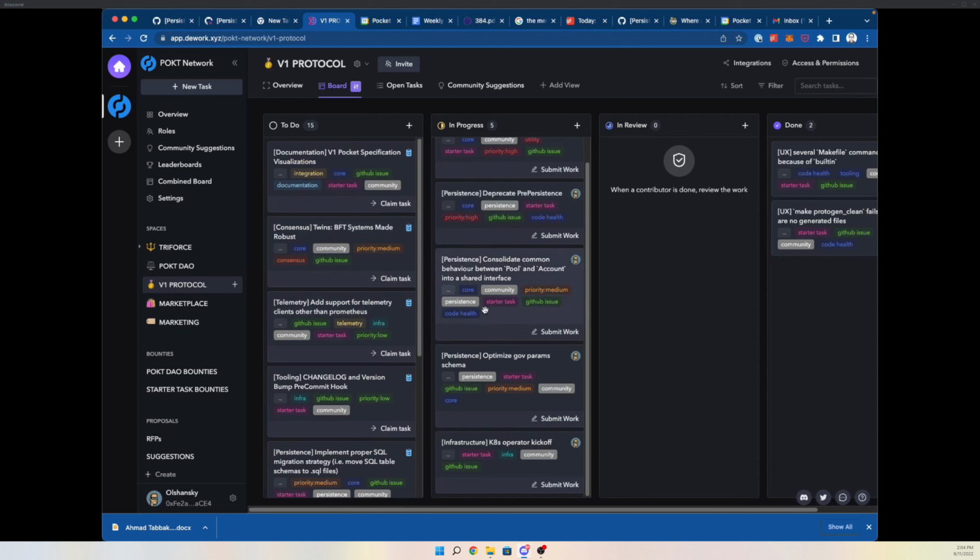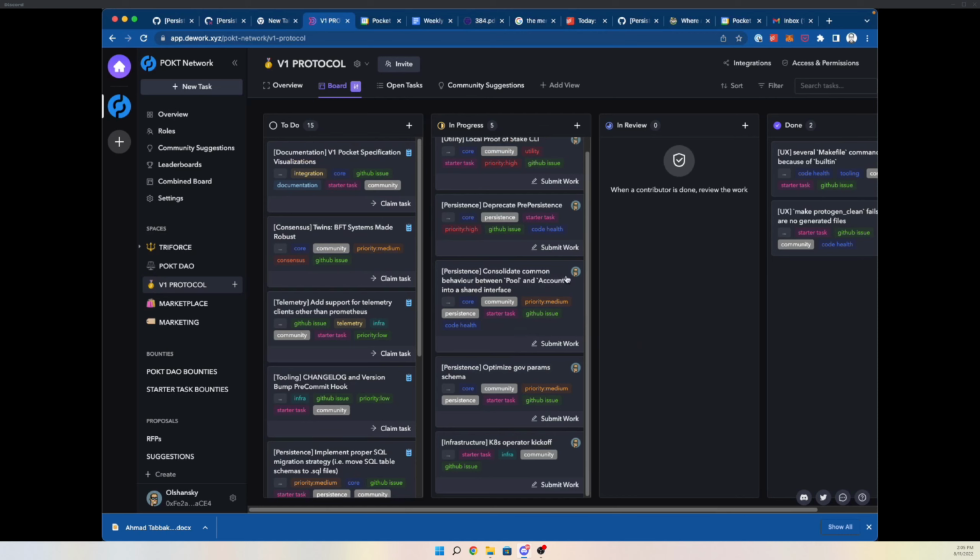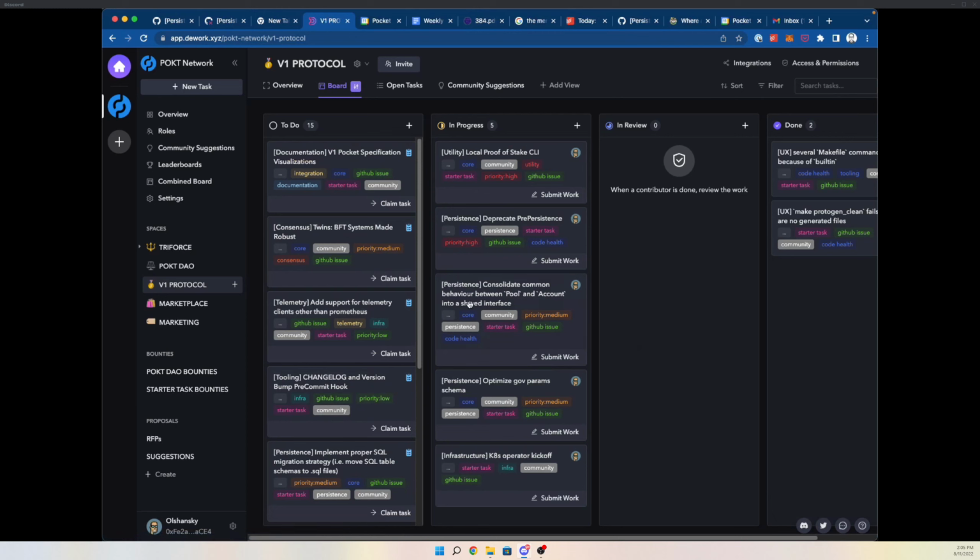And this directly syncs with GitHub. So GitHub is the source of truth, and this is more so a place for you to see the ongoing tasks. Right now, it follows a simple open source contribution model, but I just want everyone to be aware that we're actively working on